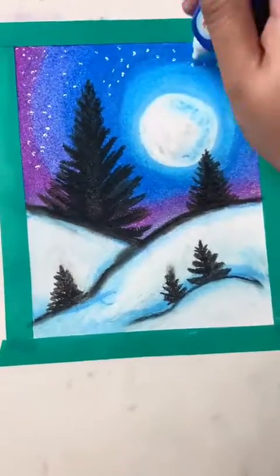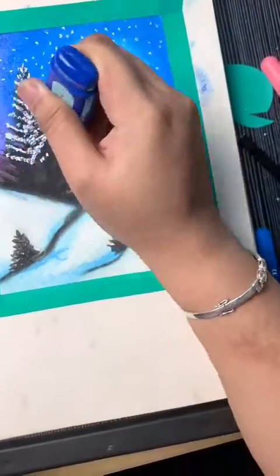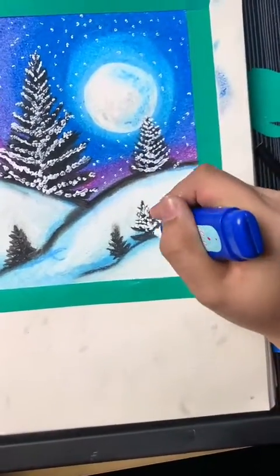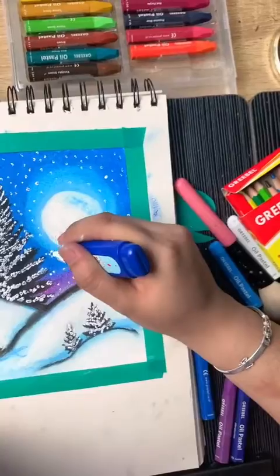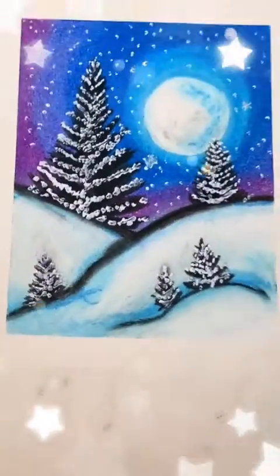And then make a star from, what is that? Forgot the name. Correcting pen. Make star with it and snow. Start from the top to the bottom. Make a zigzag. Take up the tape. Then